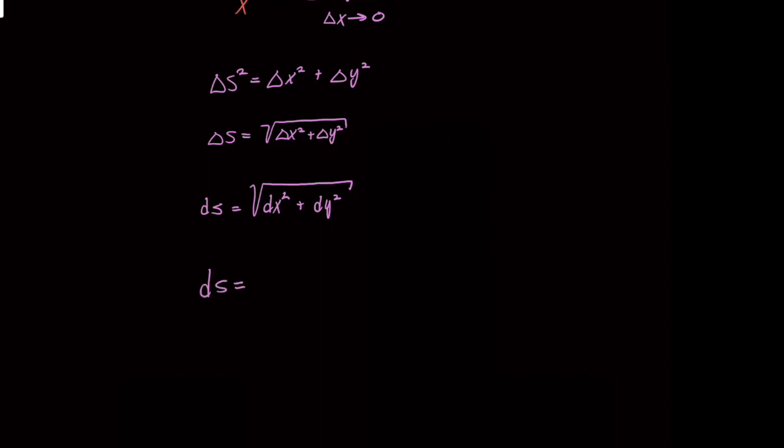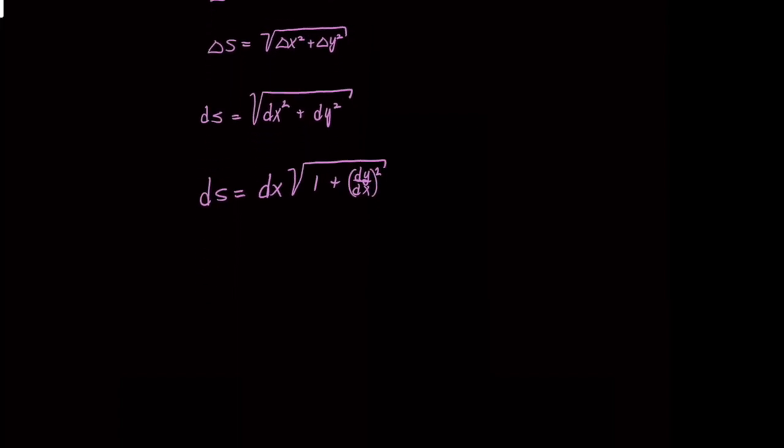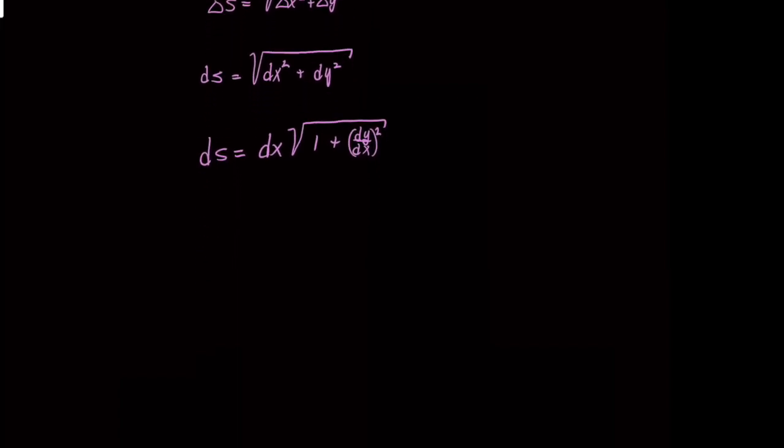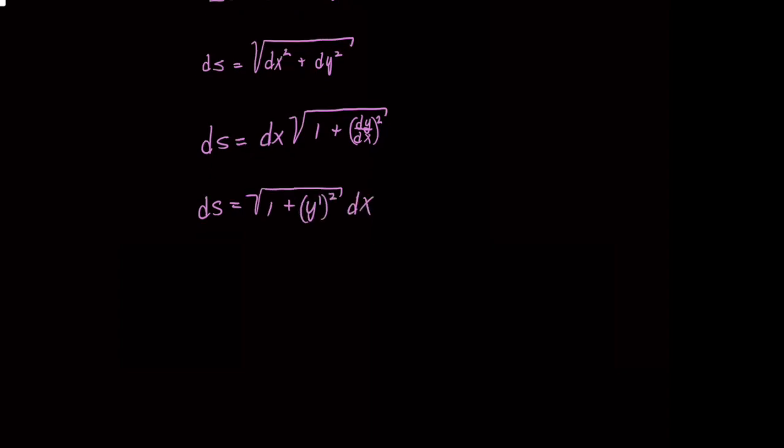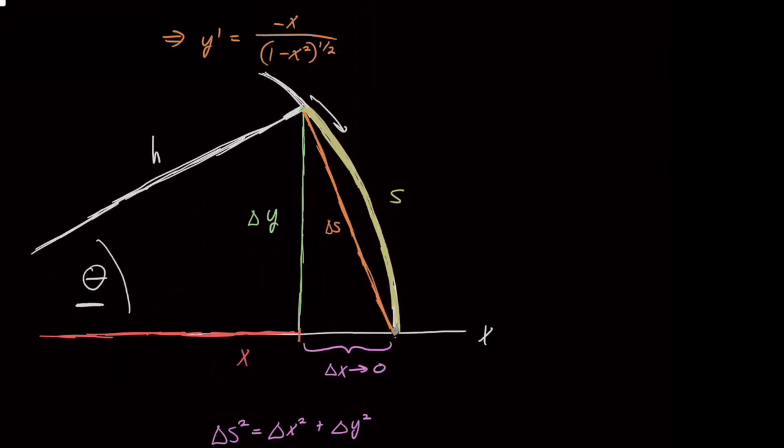And so what we'll do here is go like this. We'll do ds is equal to, we're going to factor out the dx right out of the radical. So we have dx, because it was squared inside the radical, it's not here, and it's going to be equal to the square root of 1 plus dy squared over dx squared, so I'll just write that as dy over dx quantity squared. And we'll switch around the ordering, and we'll write dy/dx as y prime. So we have ds is equal to the square root of 1 plus y prime squared dx. And now we've already solved for y prime, so we'll plug that in. Y prime is up here,